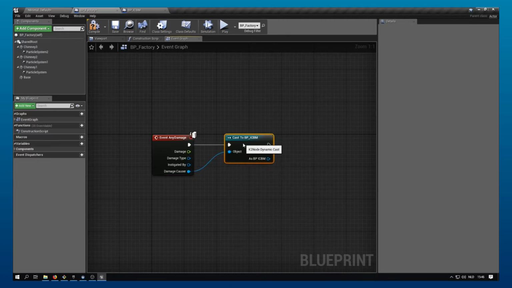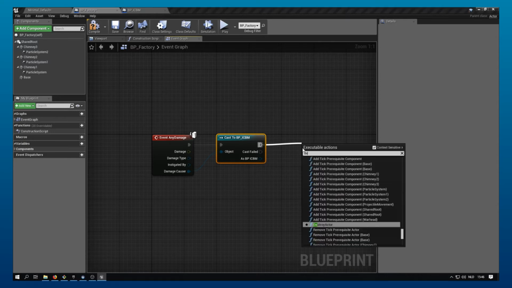The reason we need to do this is the damage causer on this side is a generic actor, and using this we can make it more specific. Damage can be caused by all the actors in the world, and hence it's a really generic actor object at this side. So after we've cast it, we are going to execute further,